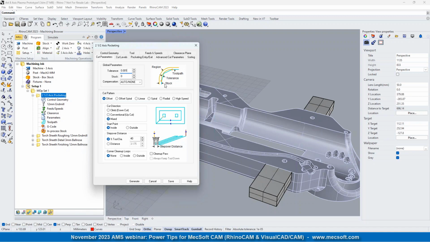Okay, so the tighter the tolerance, the more of these segments, the slower the simulation, the slower the calculation, the slower the machining time. But if you need tight, or you need a really good surface finish, you can adjust this accordingly. Okay, again, we mentioned that offset patterns and linear patterns